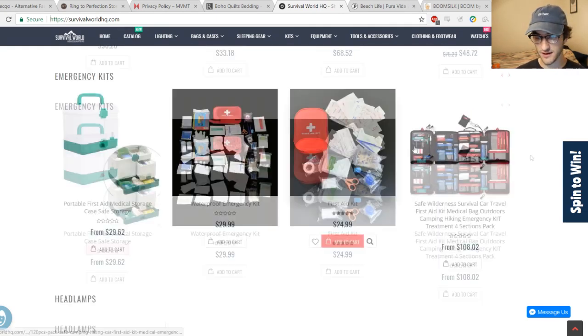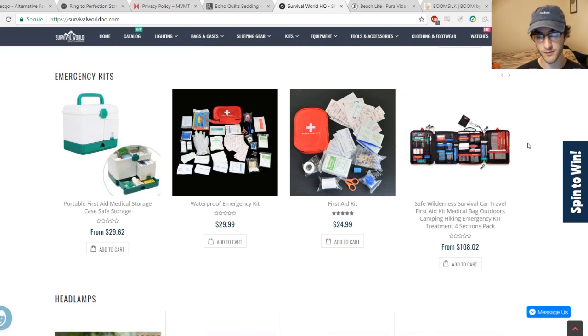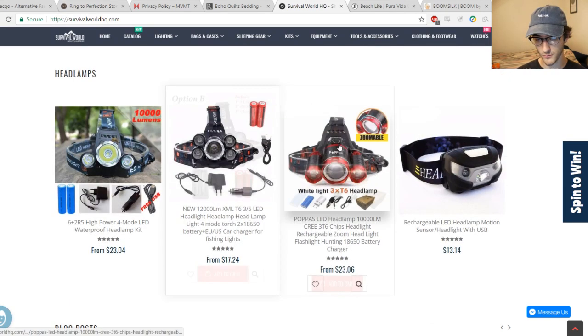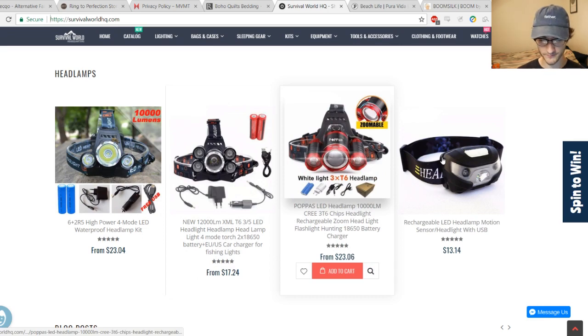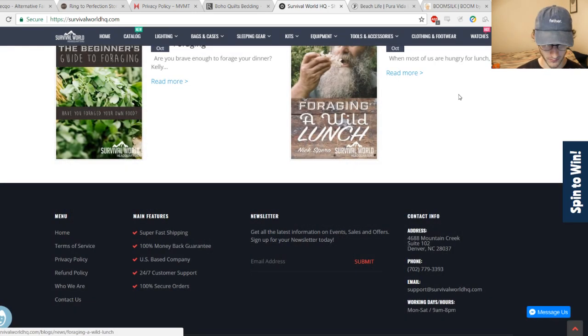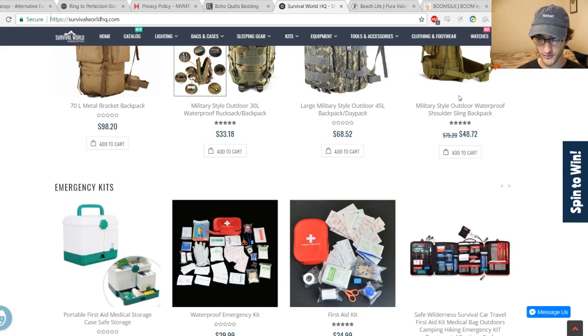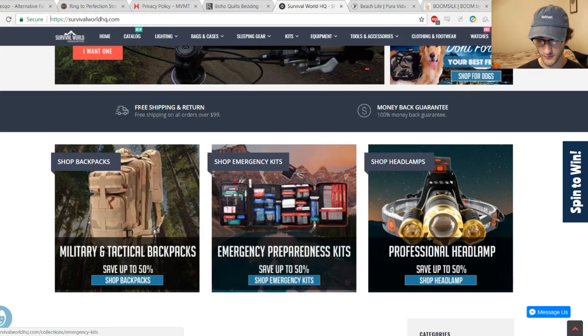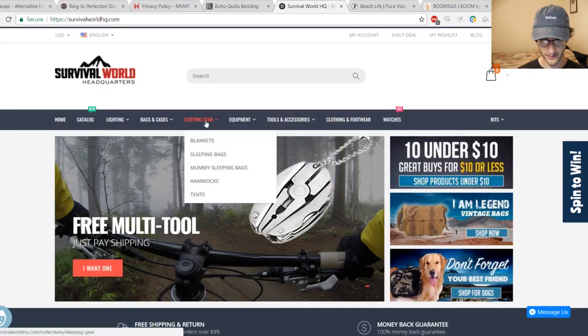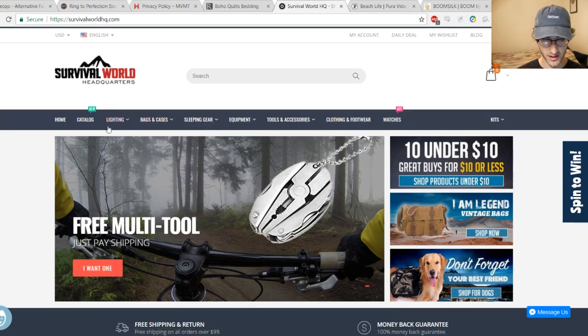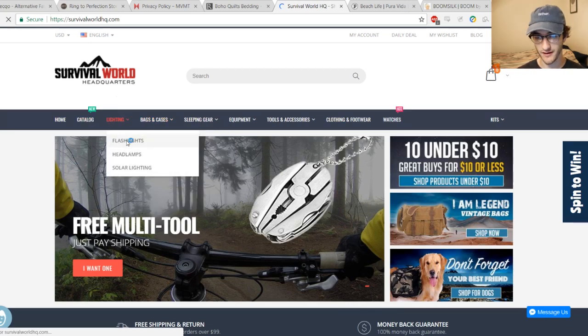Bunch of first aid kits. They give some nice variety for people to choose from, different price points. Headlamps, great variety as well. I even got some blog posts right there, but just the products that they offer fit pretty well into their general niche. And if we come down here to flashlights, they're not just going to have a general